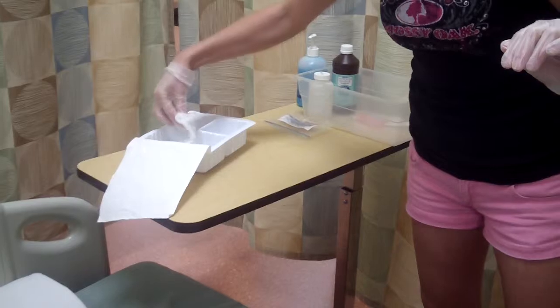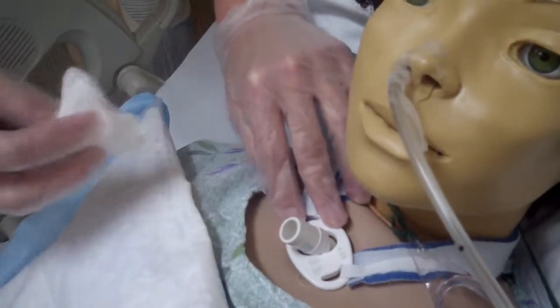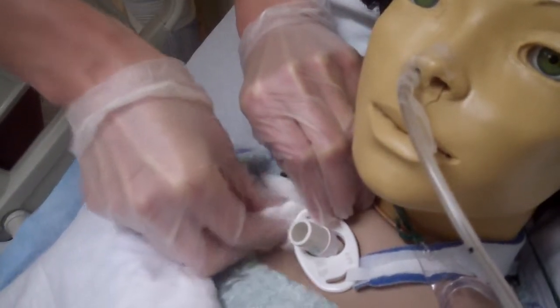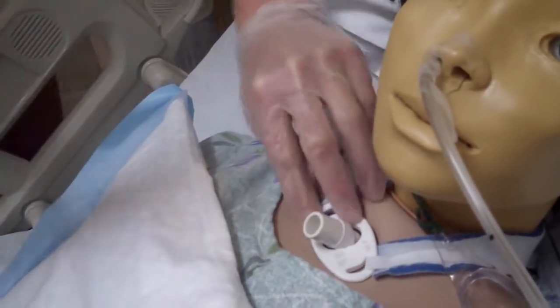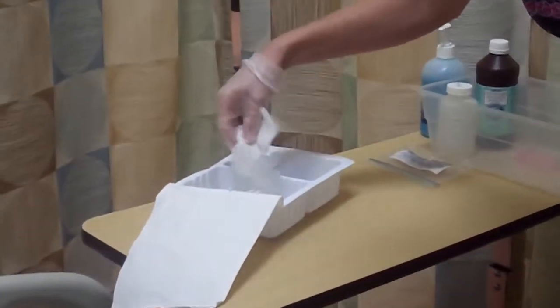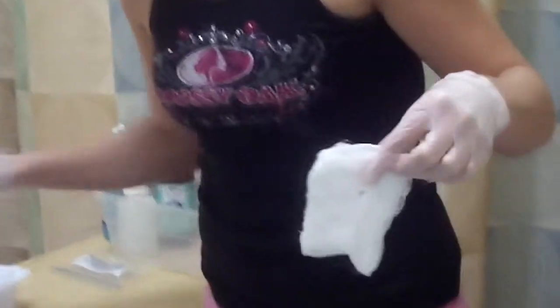and grab a gauze, hold the faceplate and pat it dry, the top and underneath the faceplate and the skin. If that got too wet, I'd throw it away and grab a new one as well. Then I'm going to come over to my field and grab a new dressing and a clean Q-tip